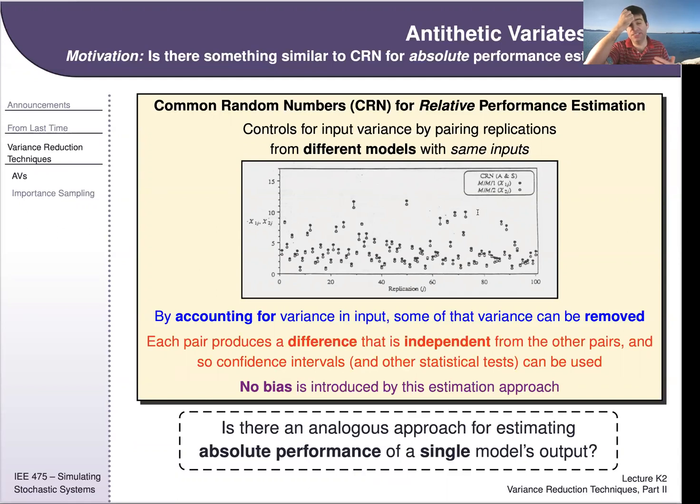Then the question is, how could I possibly do something similar to common random numbers, where I can factor out the effect that is due to just the inputs themselves, so that I can better estimate the effect that's due to just the simulation. And so